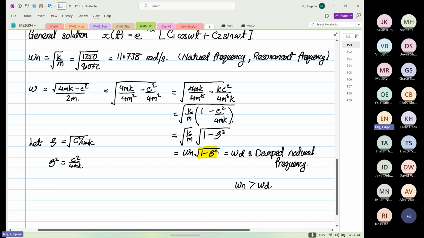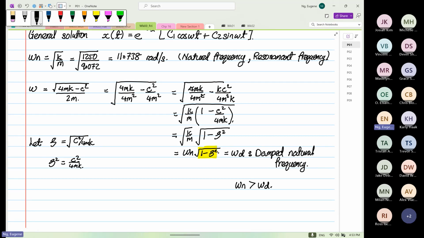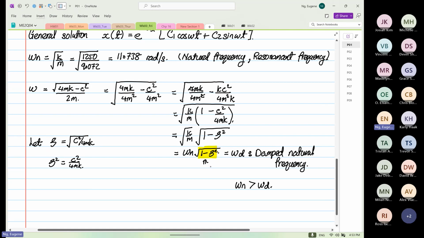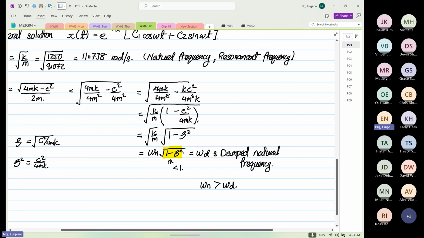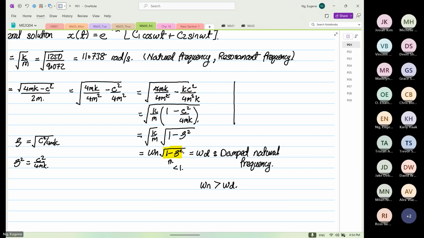Here, right? This term over here will always be less than what? 1. Okay. So if I'm going to sketch a graph, right? Sorry, I just combined the lecture and the example together, but I think I want you all to know. So if I were to plot now,